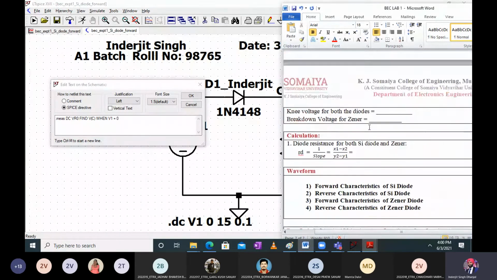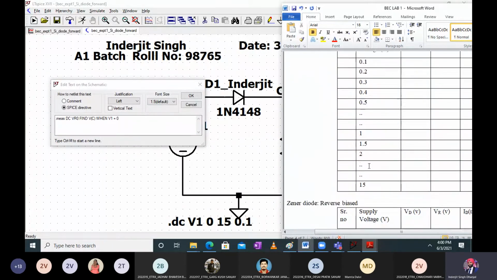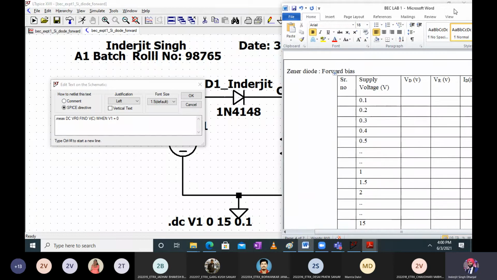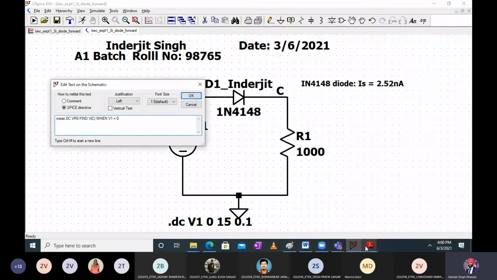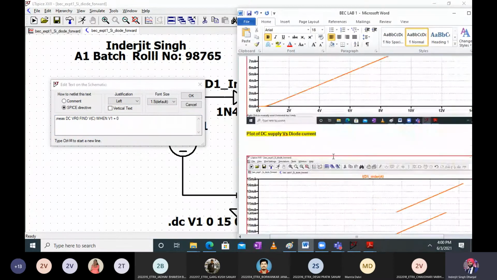Okay. So here it is going from 0.1, 0.2 up till 1 in steps of 0.1, and afterwards in steps of 1 you can write perhaps, or from 1 to 1.5, then 2, then 2, 3, 4, 5, 6. I'm showing you some readings, but you have to take all the readings. I will teach you the technique. Fine.